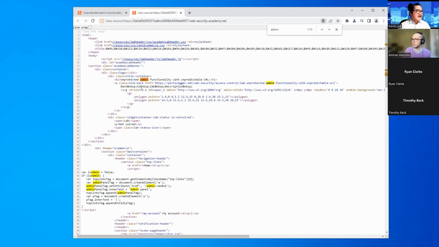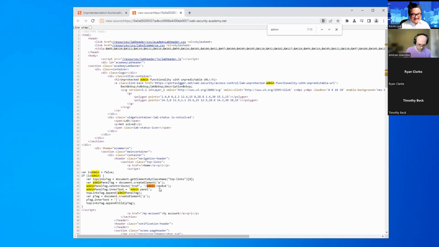So admin functionality, admin, go down. We see some JavaScript over here: var isAdmin equals false. And we see down here on line 46, there's a link right here in href to admin dash some random letters over here.